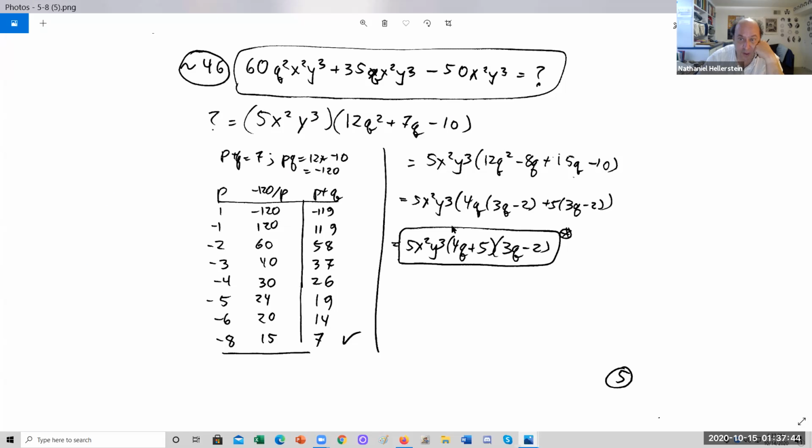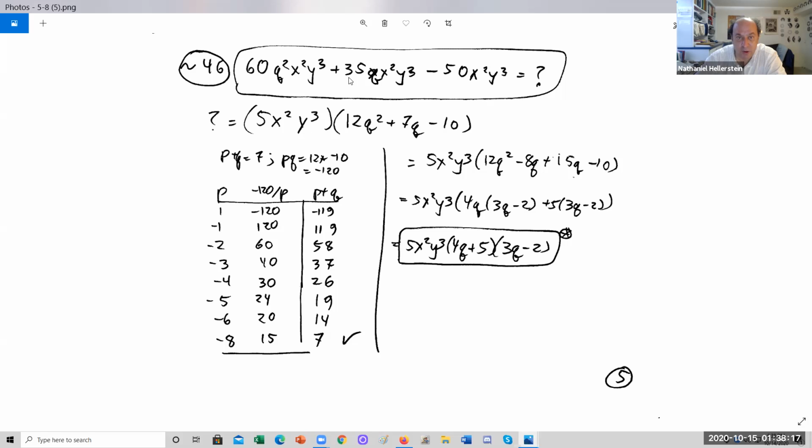Okay. Oh, this one's a god-awful mess. 60 q squared x squared y cubed plus 35 q x squared y cubed minus 50 x squared y cubed equals what? Well, okay, 60, 35, and 50 have a common factor of 5. Here's an x squared here, here, and here. Out it comes. There's a y cubed here, here, and here. Out it comes. So 5x squared y cubed times